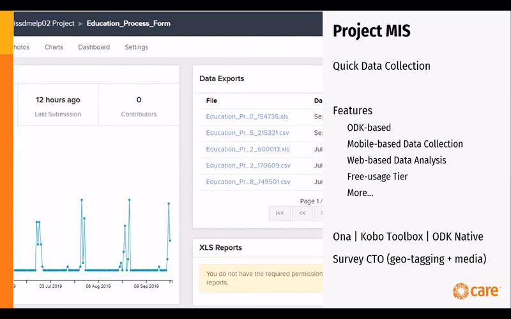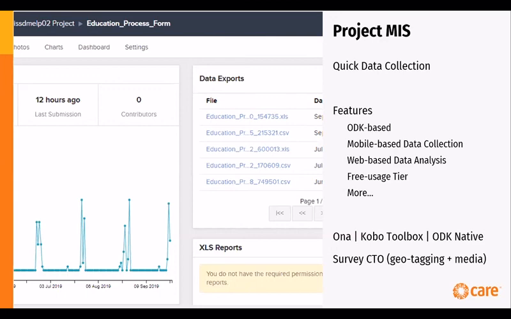we typically use ODK, Open Data Kit based apps, which provide mobile-based data collection and web-based data analytics. They're typically free, depending on the feature set. So there are teams, for example in our Bihar project, which use ODK native, which doesn't cost much, but there is a lot of effort which goes into it. So if there is a development team, they typically try and use ODK native. For smaller projects where we do not have a development team, they use